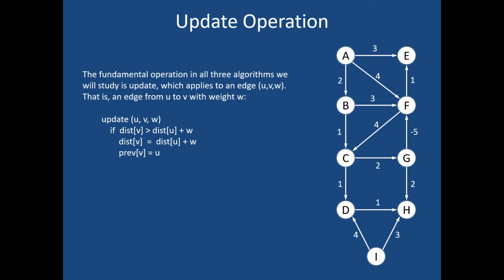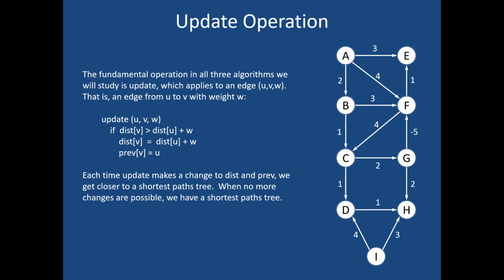And the longer you do this, you'll never make the answer less good. You can only get closer to the ultimate solution. I can't guarantee you'll get to a solution if you're picking the edges at random. But there's no harm in applying the update operation at random other than wasted time. You're not going to get into a dead-end situation. So the whole trick in these algorithms is just to decide in what order to do the update. So let's